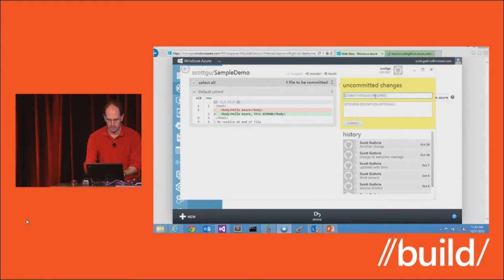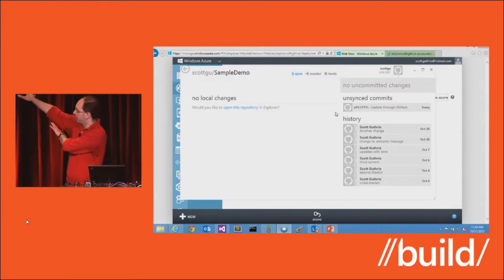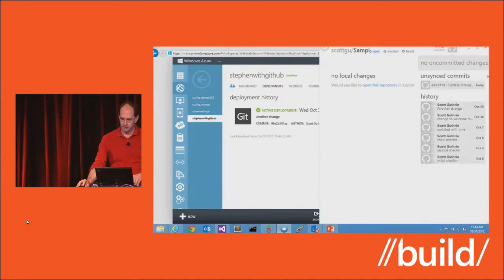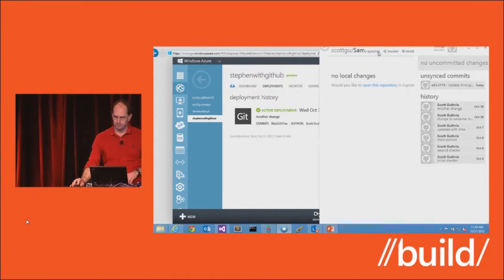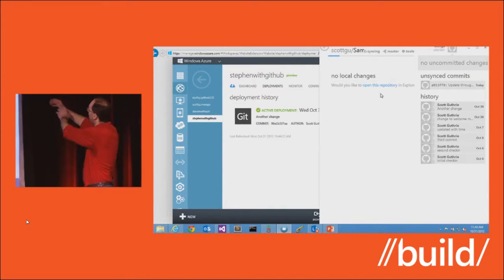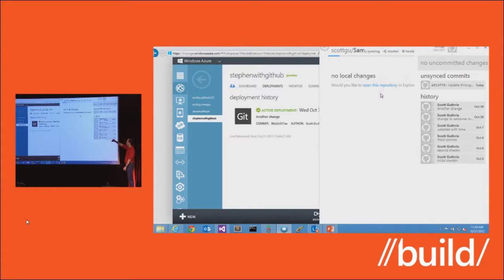So I'm just going to do it all from the GUI this time, and I could say update through GitHub. I can commit it. This is a local commit, but I'm connected to a repository in GitHub. And what I'm going to do now is sync it. This is going to have my local dev machine talk to my GitHub repository, push up this change that I just made, and update my actual remote GitHub repository.